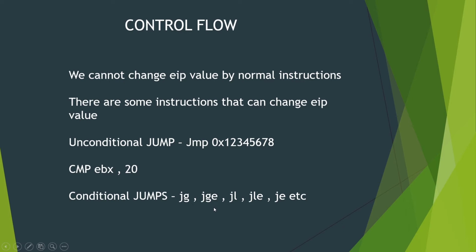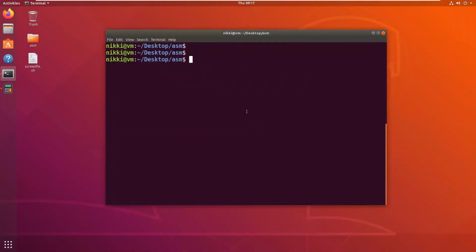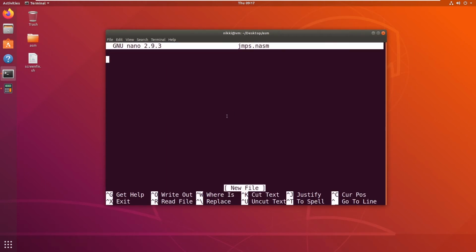Now we will go into the Ubuntu VM and take a look at some examples. Okay guys, now let me create a new file. Now I am writing global text, global start. Now I am directly writing the text section.